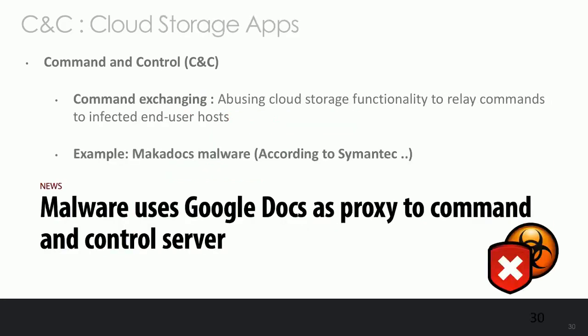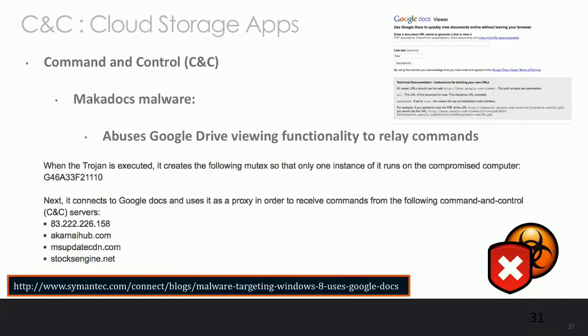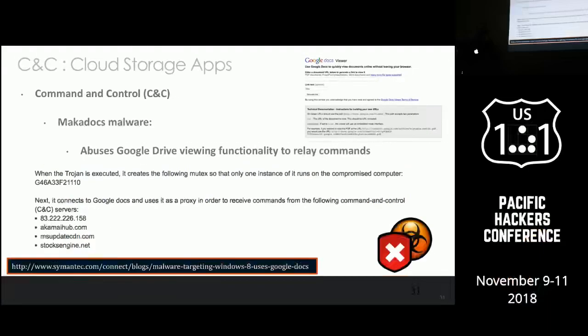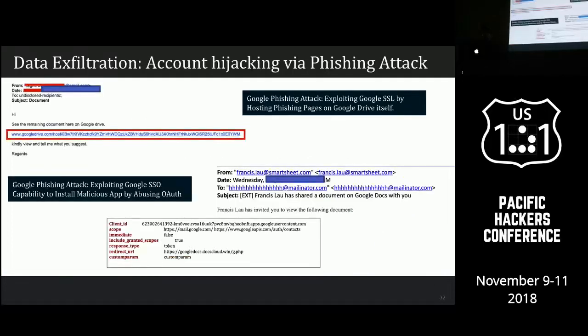Similarly, a little more detail about how the proxy channels were created using that malware. It's a slightly older variant, but we haven't seen a lot of attacks right now where the command and control channels are created using cloud apps. There were a few, but when we talk about volumes of attacks, it is not really there at the moment. So let's take a look at a couple of data exfiltration scenarios.